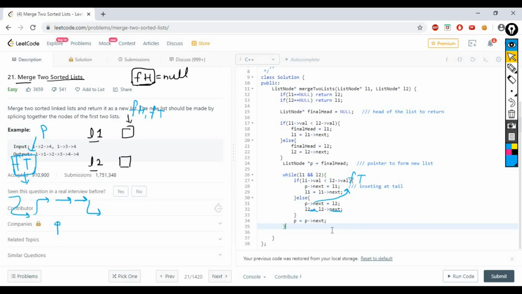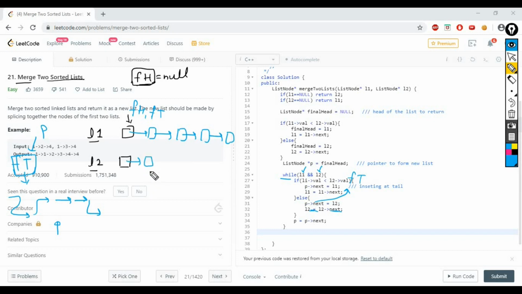So when we will come out of this while loop, that means either L1 does not exist or L2 does not exist or both do not exist. Okay, so suppose this is my linked list and it is containing 4 nodes, 5 nodes, and this is a linked list containing only 2 nodes. Now suppose this is your P, right?